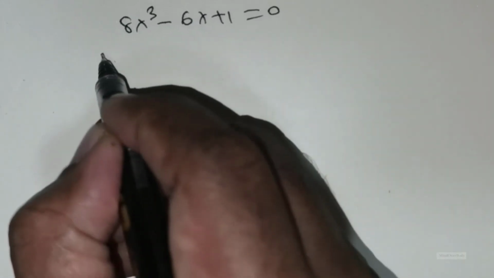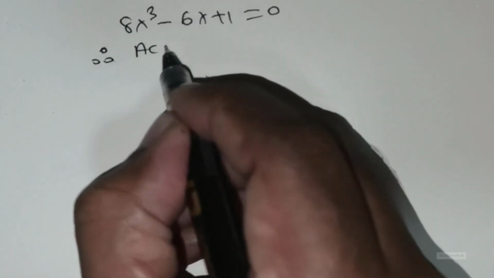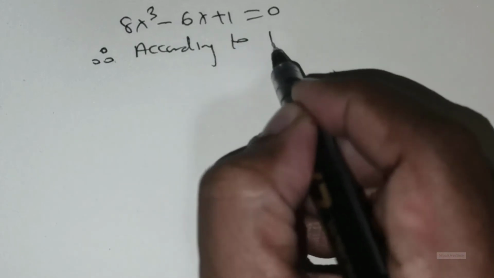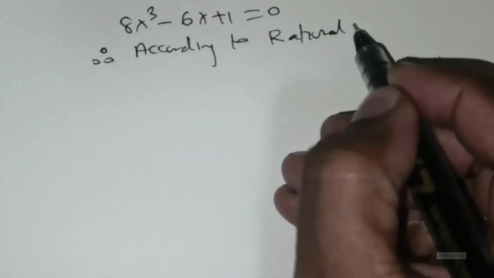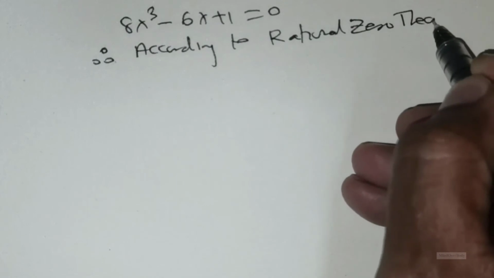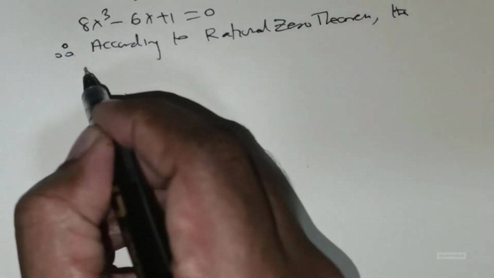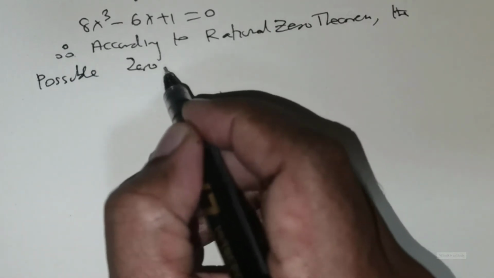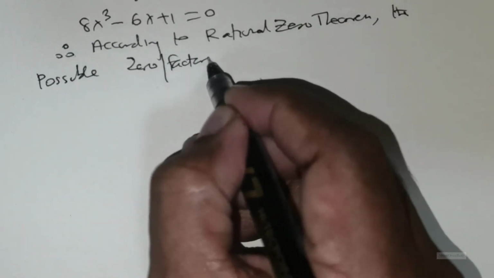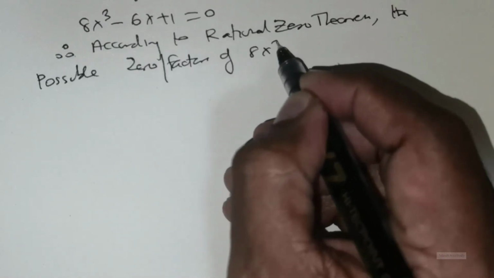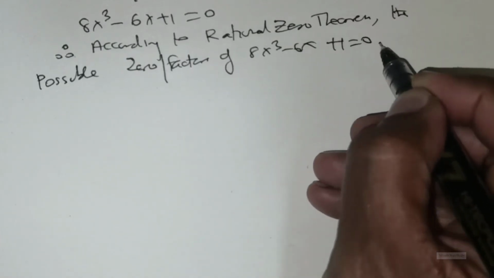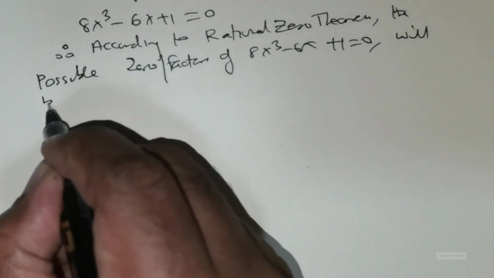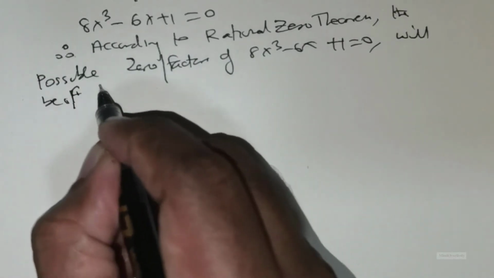The polynomial which we have got is 8x cubed negative 6x positive 1 equal to 0, and therefore according to the rational zero theorem, the possible zeros or factors of 8x cubed negative 6x positive 1 equal to 0 will be of the form